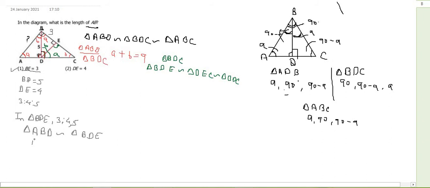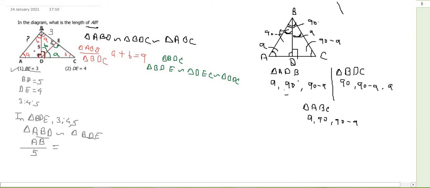So let me write it as AB. Now AB divided by, in triangle BDE, the side opposite the 90 degree angle is BD, which is 5. Length of the side opposite 90 degrees in triangle BDE is 5. So let me write it as 5. Now this ratio is going to be equal to, pick another angle. In triangle ABD, you have to maintain the pattern. I am taking the sides of ABD in the numerator and BDE in the denominator. You have to maintain that.